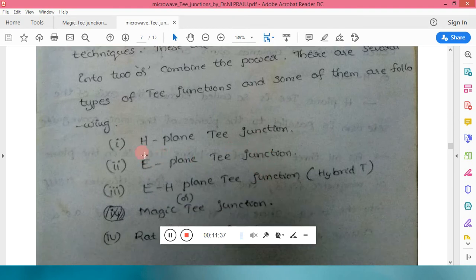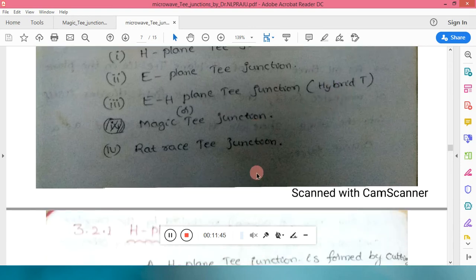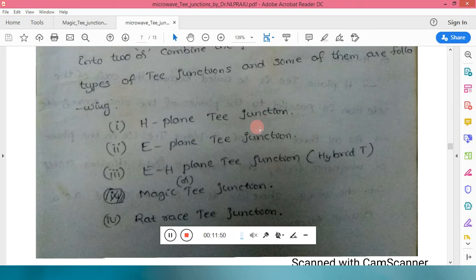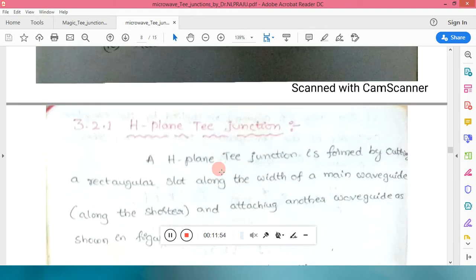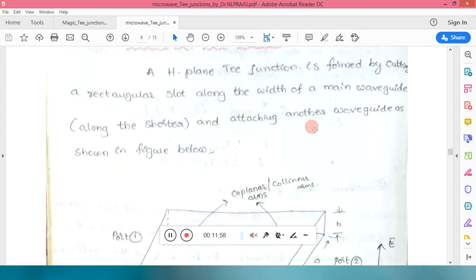Generally we have different types of T junctions: H plane T junction, E plane T junction, EH plane or magic T junction, which is a hybrid T, and the rat race junction. The first one is the H plane T junction. If you understand the H plane junction, the remaining T junctions can be easily understood. So this is the H plane T. The H plane T junction is formed by